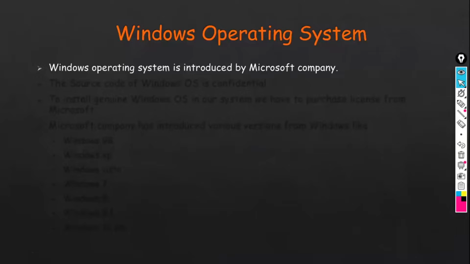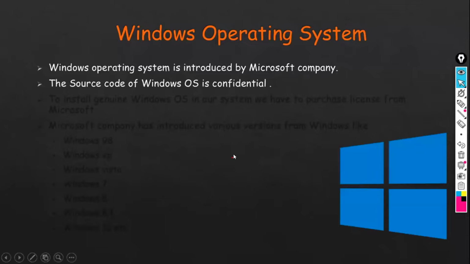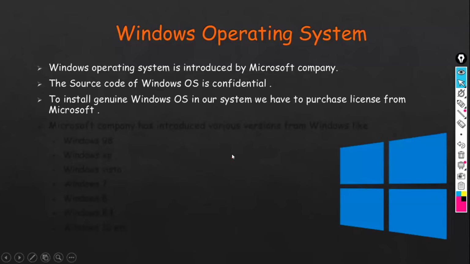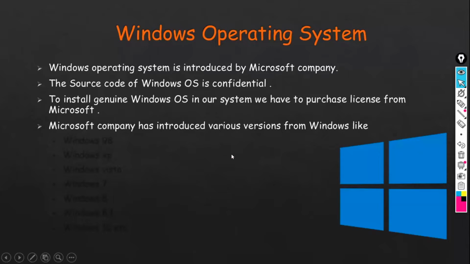Outside people cannot see the source code of Microsoft's Windows operating system. And to install this Windows operating system in our computers, you need to purchase it. The genuine license will cost around 1,000 to 2,000.